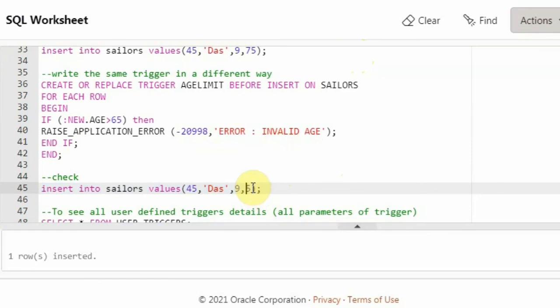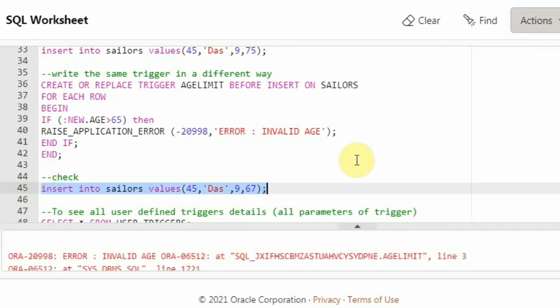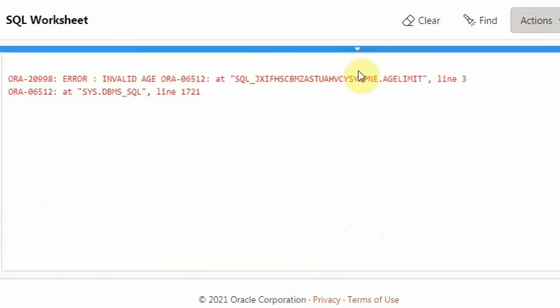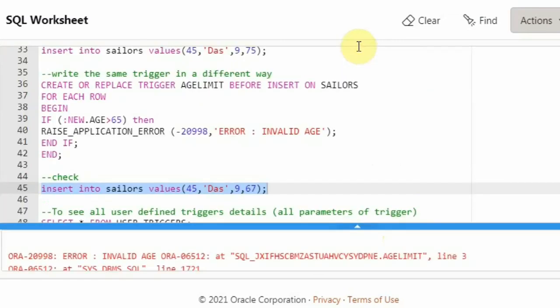Now I'll try to insert somebody who is greater than 65. Even for 65 the trigger should be fired. So I'm taking this data and let me fire this. You can see the trigger is fired, saying invalid age.